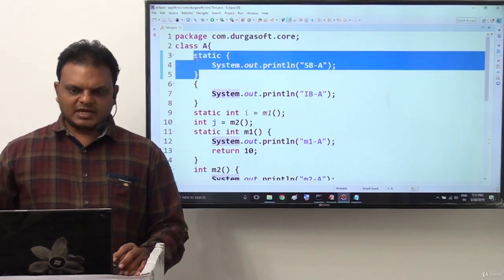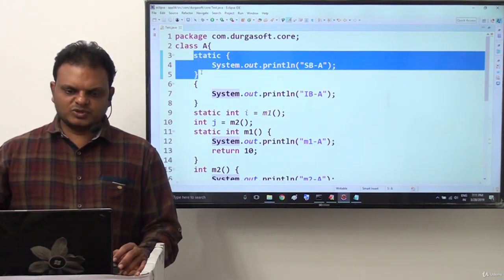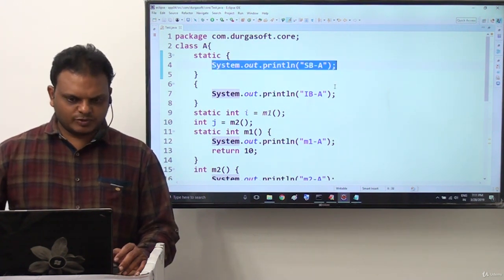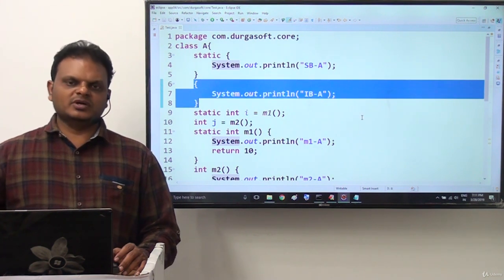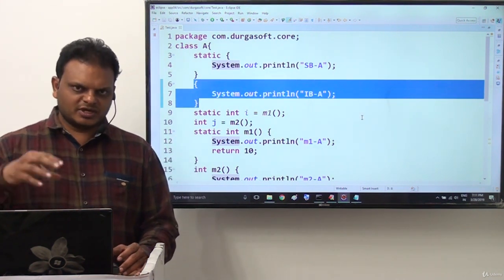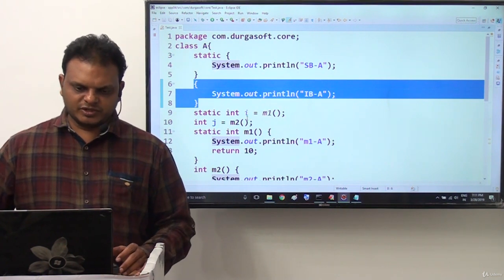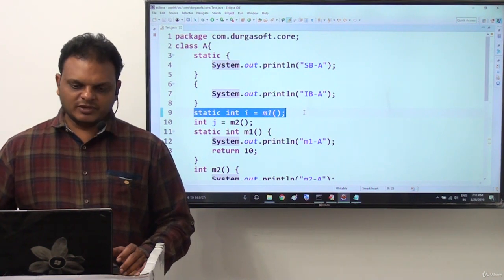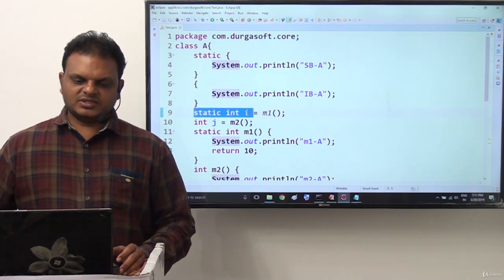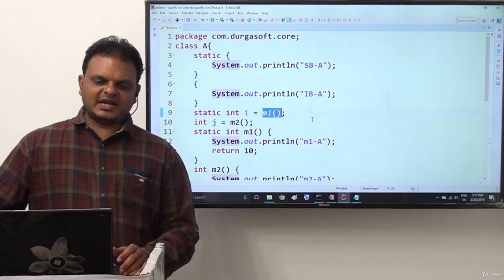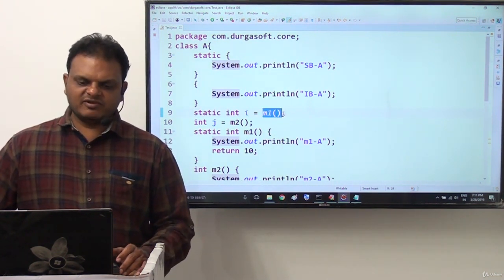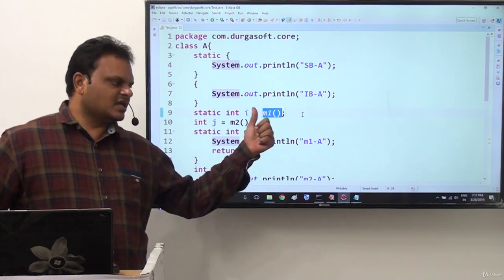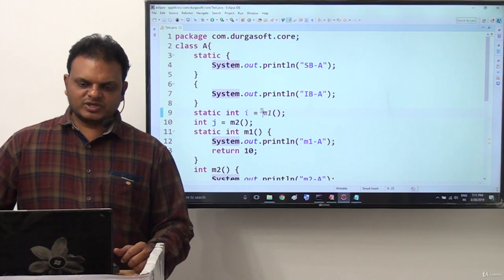Now the very first one is which one, you know? Static block. Static block is eligible at load time, so this will be executed. By the execution of this, we are getting SBA as output. This is the first output. Next one is instance block. Instance block is not eligible to execute at load time, so just skip it, it is not executed. Next one is static variable. Static variable is eligible to execute at load time, so static variable is recognized here and must be initialized. When static variable is initialized, immediately JVM will execute M1 method. Why? Because M1 method call is identified at the initialization part of the static variable. So JVM must execute M1 method.